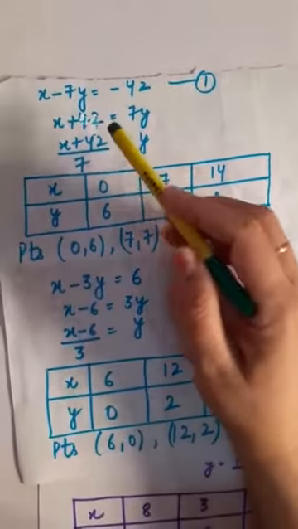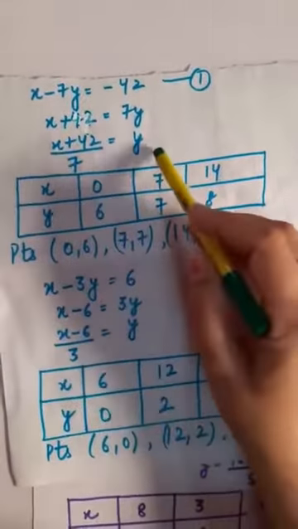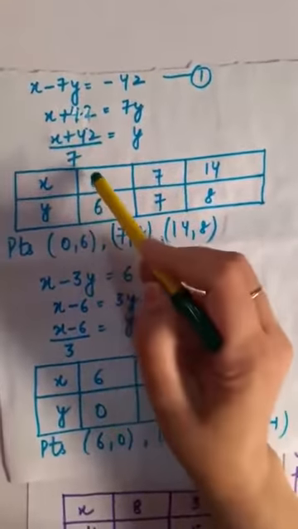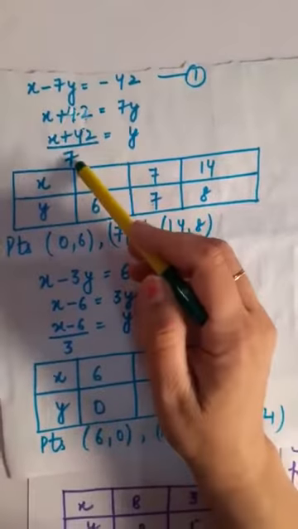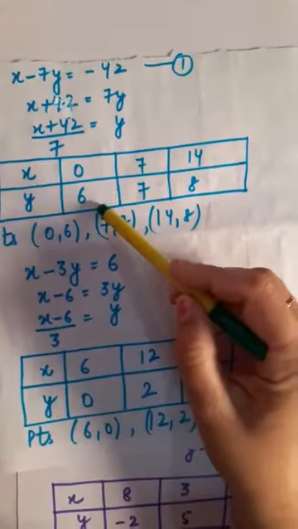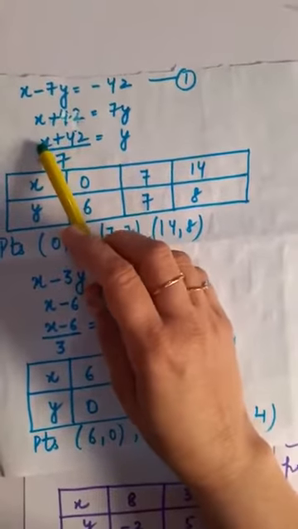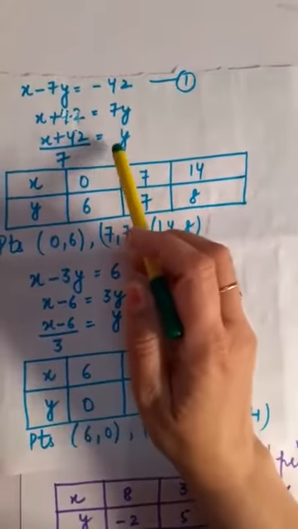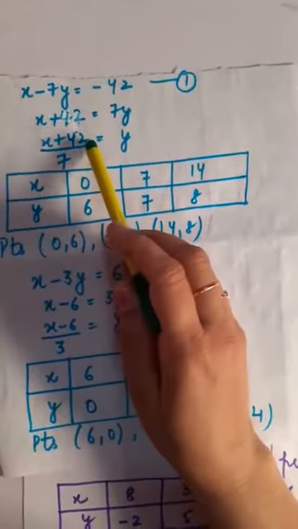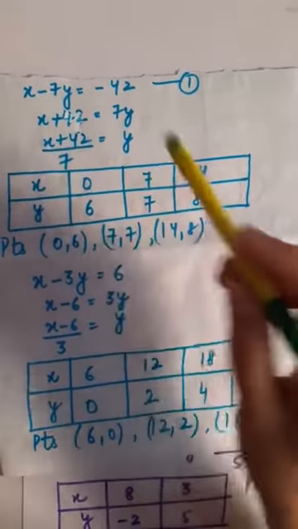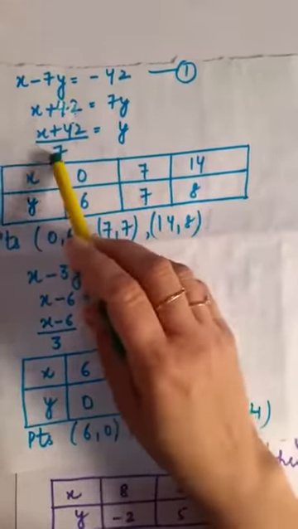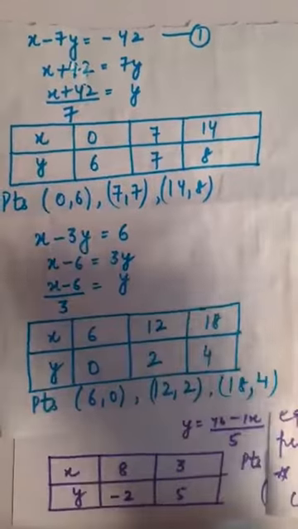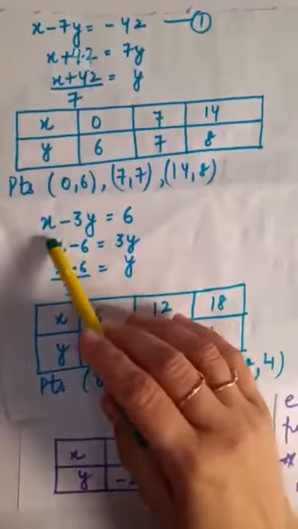Now you just keep on taking different values of x so that I can get the different values of y. You children are very much aware of this concept. So I am putting x is equal to 0. So 42 divided by 7 has become 6, so y is 6. Similarly, I am putting here 7. 7 plus 42 will become 49, divided by 7 again becomes 7. Now I am putting here 14. 14 plus 42, when you add them, divided by 7, you will get y as 8. So these are the 3 points which I am going to plot over here on the graph. Now this was situation number 2.